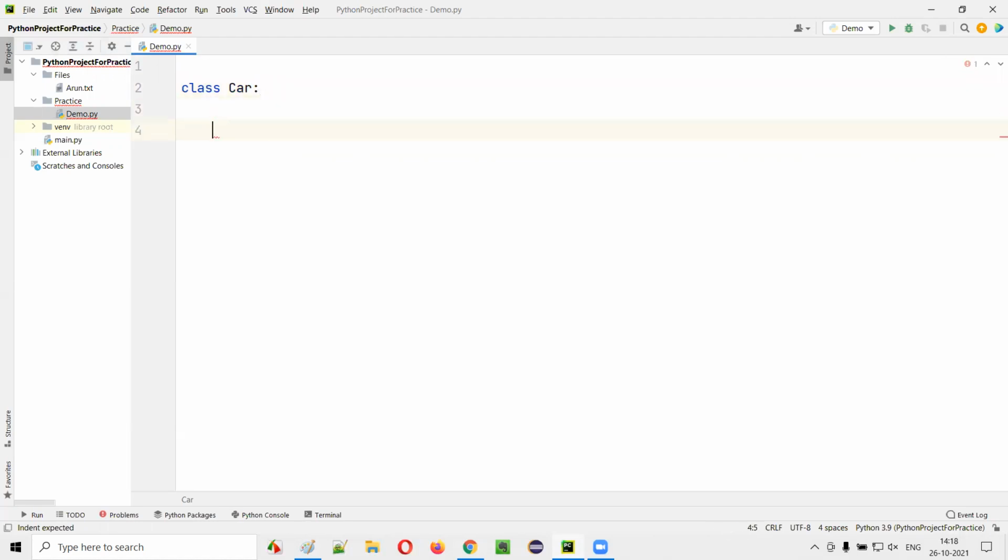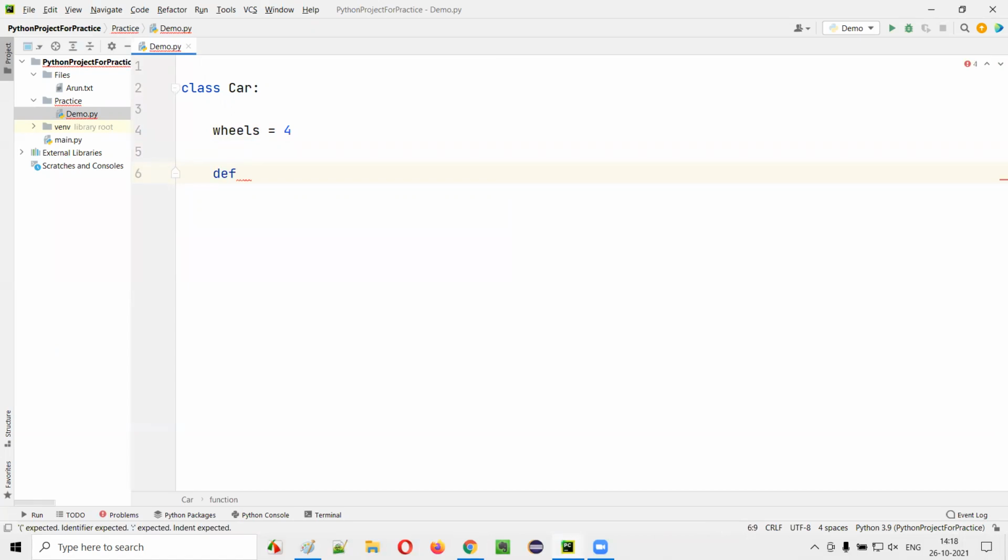Then under this class, you can create variables and functions. Till now, we have not created any class in the previous sessions, right? Now I have created a class. Under the class, I'll be creating the variables and functions. You already know what variables and functions are, as explained in the previous sessions. First, let me create a variable, guys. Say wheels = 4. Wheels = 4 is the variable and value, and one function I'll create.